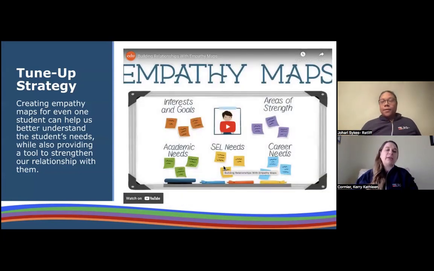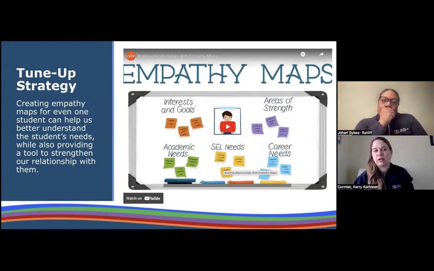So a strategy that can help you think about your students in a holistic way is the creation of empathy maps. So often as teachers, we are focused on their academics, we're focused on deficits and what they can't do. And so it's great to take a step back, especially now, as you're going through the school year. It's great to do at the beginning of the school year, but also in the middle of the school year as well. Now that you've gotten to know your students better, look at empathy maps.